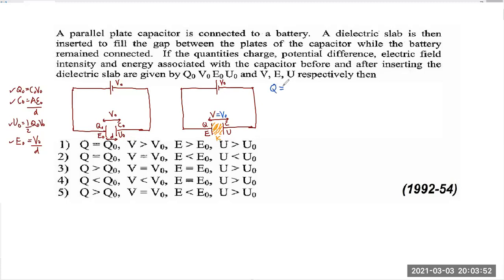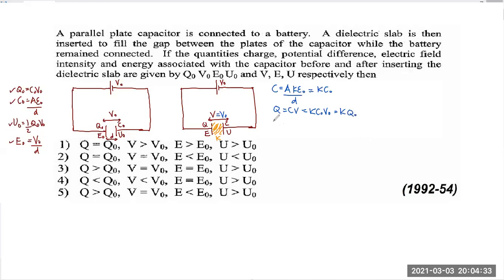Q can be written as, before that, let's go to capacitance. It's the obvious one. New capacitance is A K epsilon naught divided by D. I can't substitute just epsilon naught because there is a dielectric substance. A epsilon naught over D is C naught, so it is KC naught this time, just like before. And then let's go to this equation, Q equals CV. Therefore, KC naught into V, and V didn't change, it's V naught. So it is actually KC naught V naught. We know C naught V naught is Q naught, so it is KQ naught.